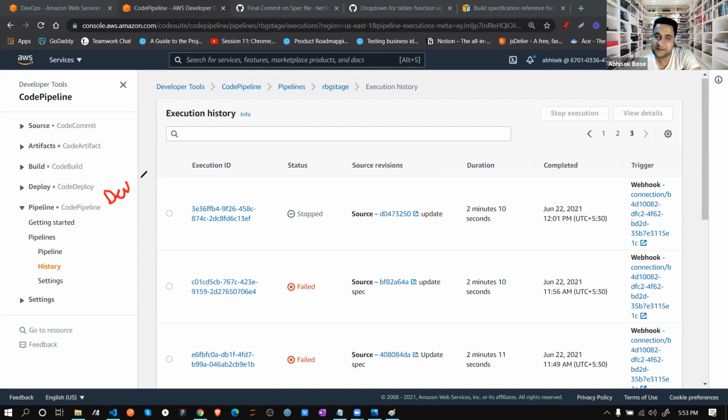A developer develops something and puts it to Git. In GitHub there is some repo, and under that repo some branch is there.